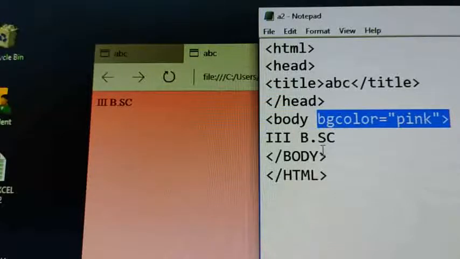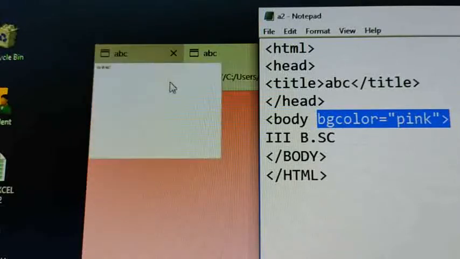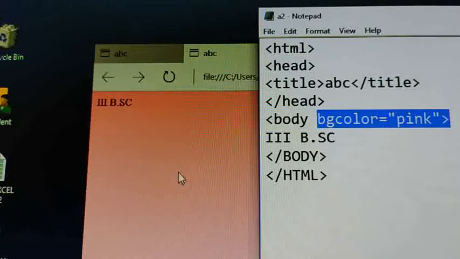How to write an HTML document: we write the HTML program in Notepad, and save that file as filename.html. Next, after saving that file, you open the location where you have saved it, and your file is displayed with the browser icon, and below that the name of the file is displayed. Just double click on that, and that file will be executed. Okay, so this is about the basic structure of an HTML document.